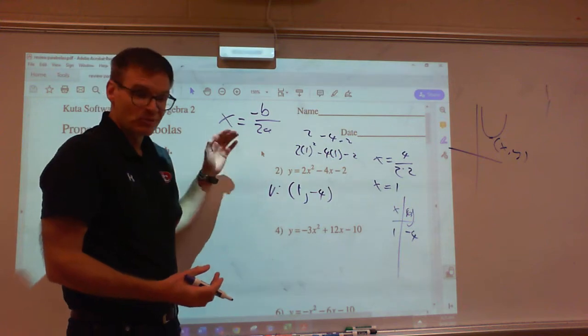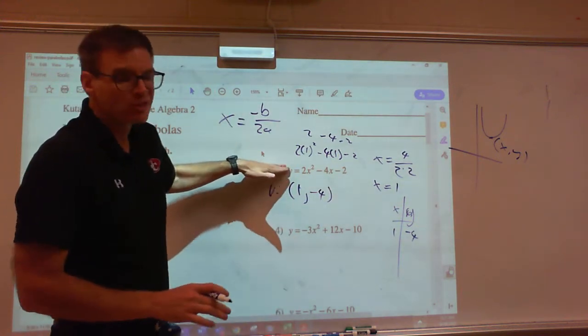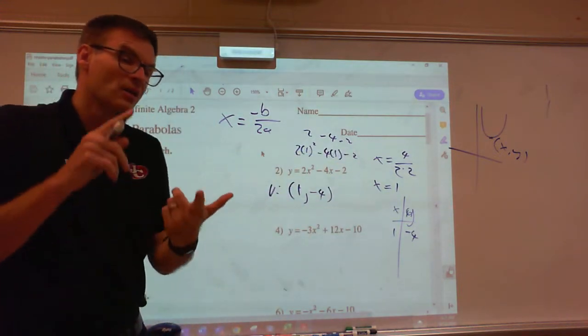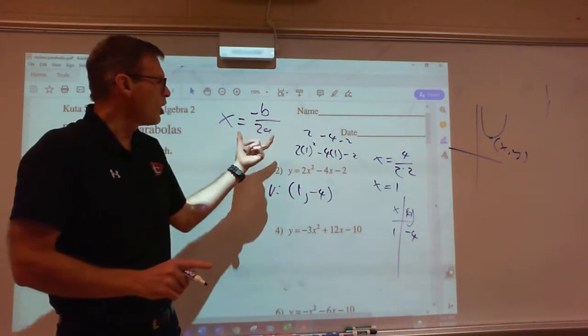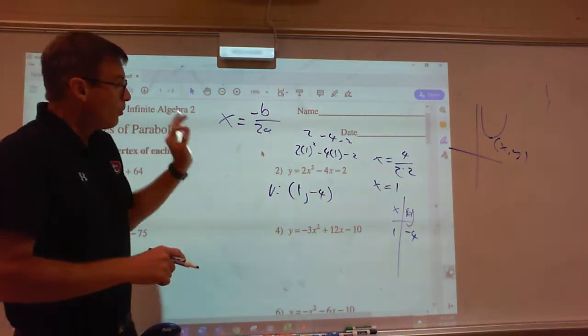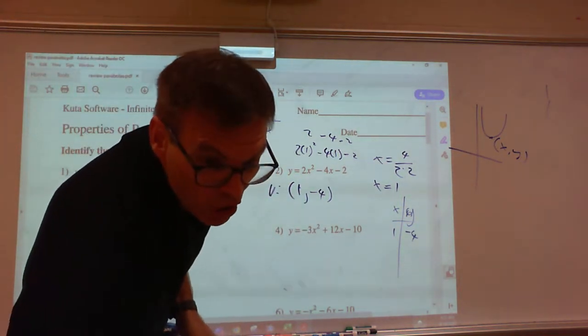This is called standard form, and I'll worry about that a little bit later. But if it looks like this, where it's x squared, x, and a number, to find the vertex, first you find the x value, and you have to remember this formula. We're going to talk about where this formula comes from a little bit later. Once you find the x value, plug that in and find your y value. So,